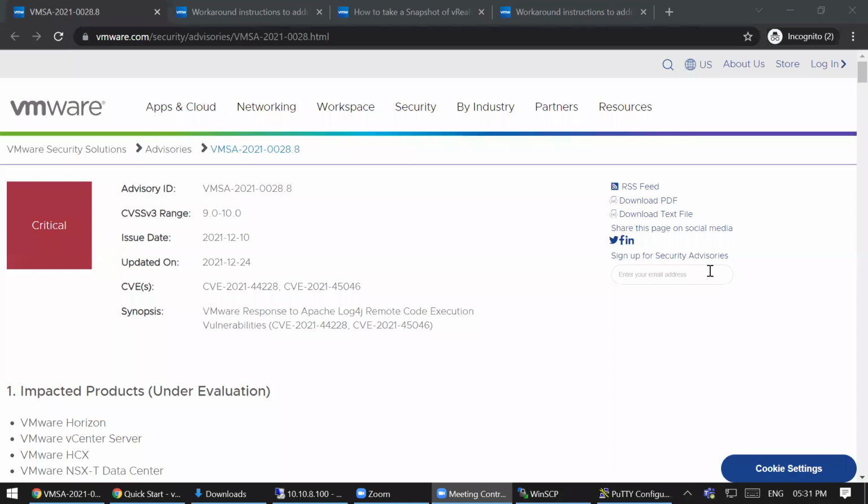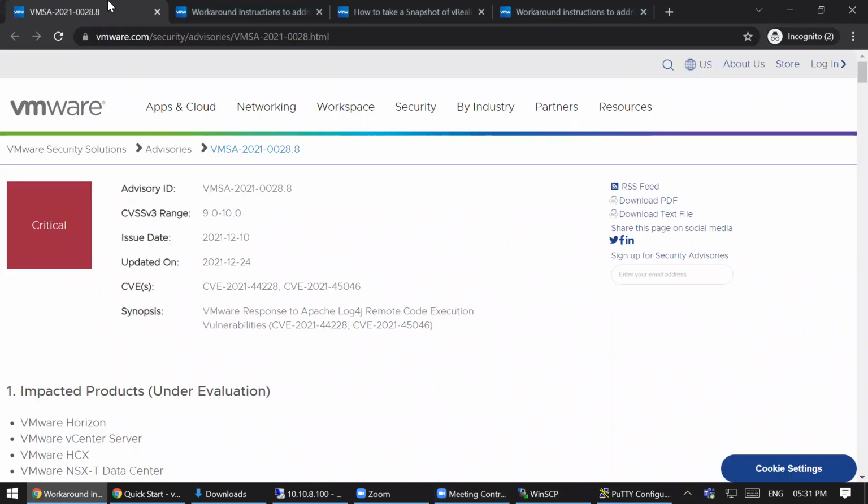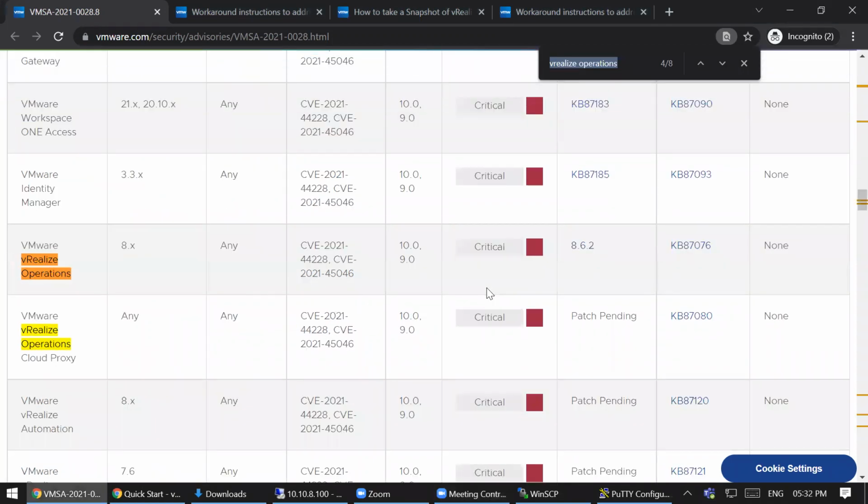Hey guys, so we completed the patching for three products: Lifecycle Manager, VIDM, and then VRA. Now let's look into the steps for patching vRealize Operations Manager. Basically, the procedure remains the same. We just go to the main advisory, look for vRealize Operations Manager, and we do see that it is one